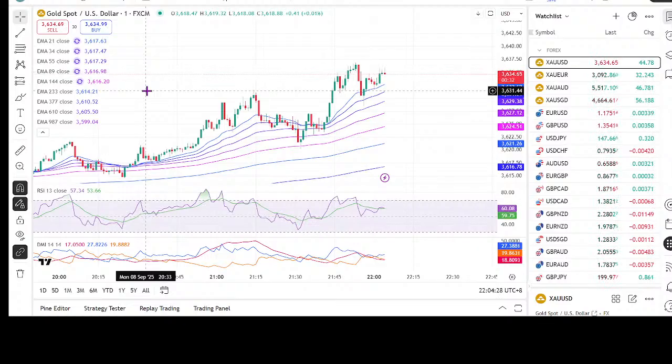Okay, again I also want to emphasize, do take note that this strength on the upside is expected to last until the end of this week, or at least until September 18th. Okay, that is the interest rate announcement.